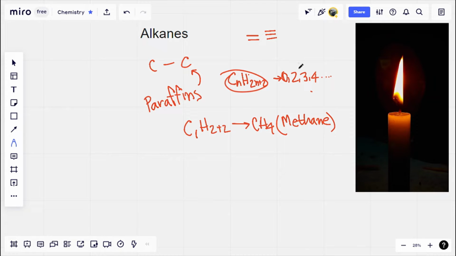If we put 2 in the general formula, we will get C2H6, which is the second member of alkane,